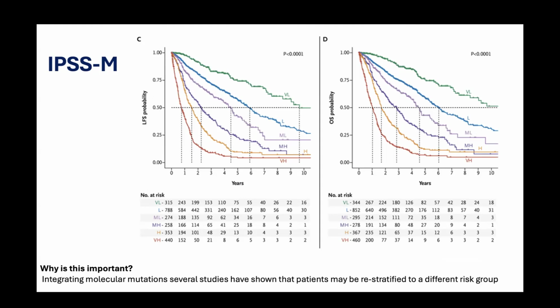So for example, if you were low risk by just the cytogenetics as well as your blood counts, adding that TP53 could potentially make your risk worse. As an inverse, having SF3B1 as an isolated mutation is considered a good thing. So sometimes if you had that, even if your blood counts were quite poor, you may move into a lower risk group, which again informs the patient better about what to do, or treatment and things like that.